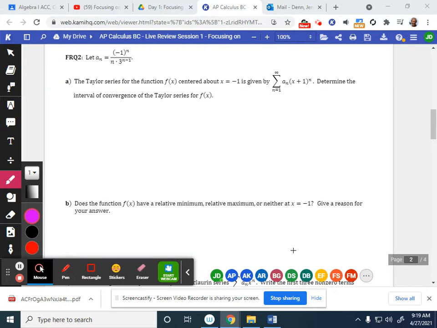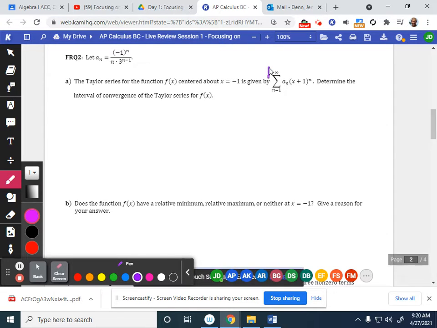Okay, this is free response question number 2 from the Taylor series questions to go over. Let's see. Okay, so we start with the Taylor series for the function f of x centered around x equals -1, which is given by this. Don't get freaked out about this